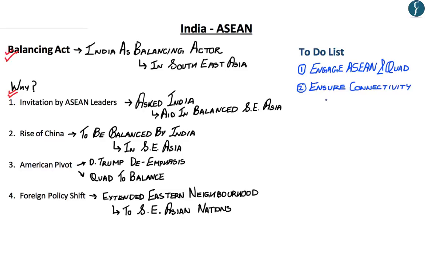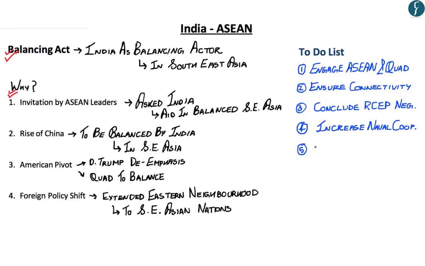And moreover, India should also establish air connectivity between Indian metro towns such as Bangalore, Hyderabad and other cities with the major capitals of the ASEAN nations. The third step that the author recommends is that India and ASEAN nations should conclude the RCEP negotiations. The fourth point that the author makes is that India should increase its naval presence and naval cooperation with ASEAN nations. And the fifth and the last point that the author makes is for India and ASEAN nations to improve